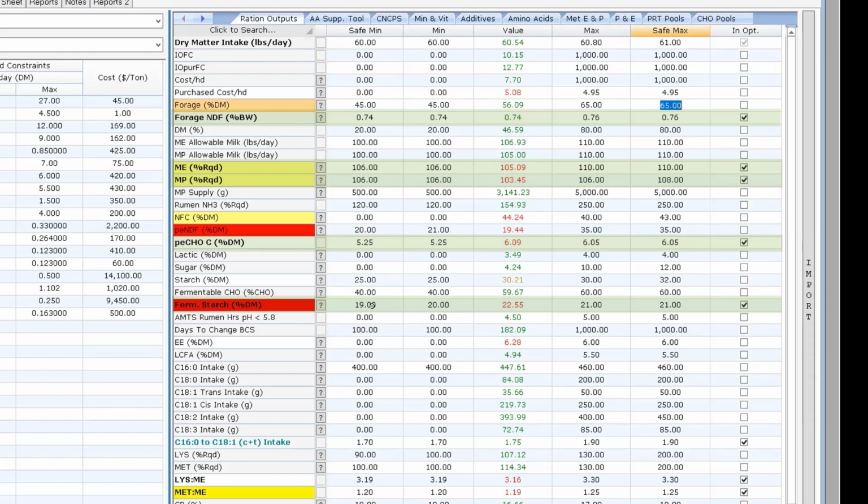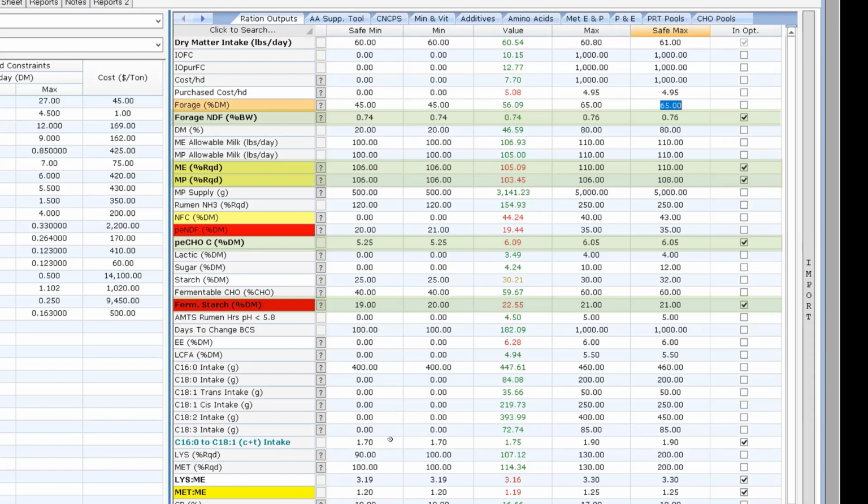But again, for diets in the Northeast US, the upper Midwest, most of the US, most of Canada, we're going to be in this ideally 19 to 21 range on fermentable starch across all groups on the farm.